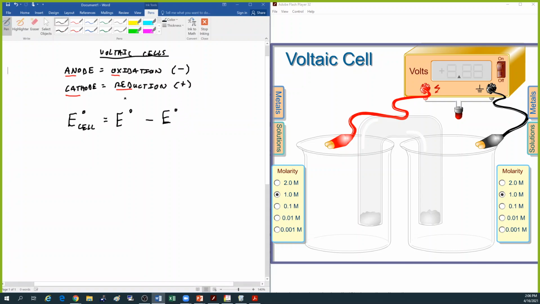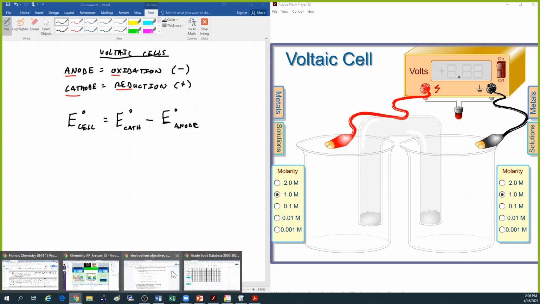We're going to take whatever is happening at the cathode and then subtract the value at the anode. So we have to go back and find those. So if I went into the table of values that we saw on that,